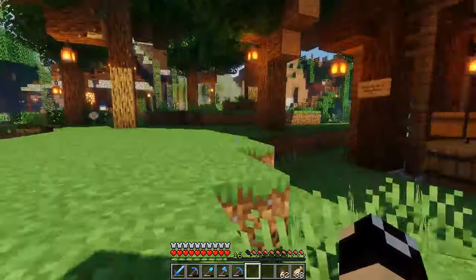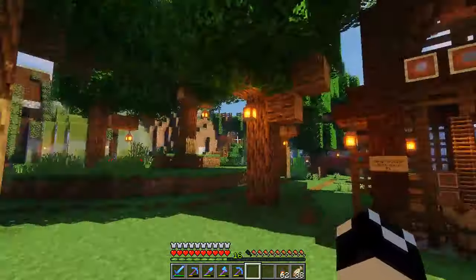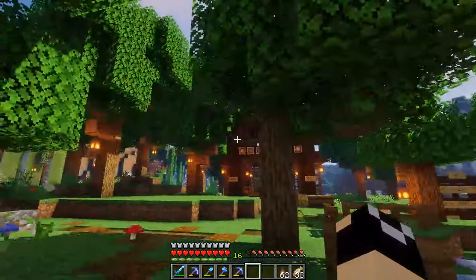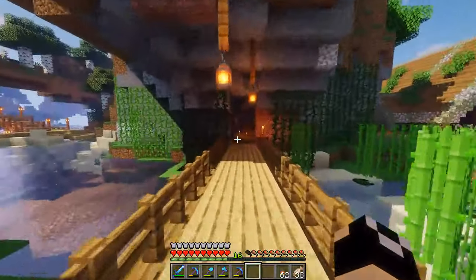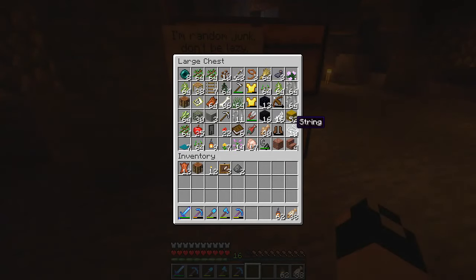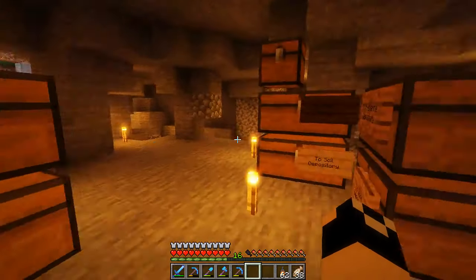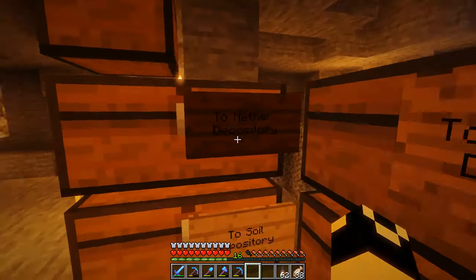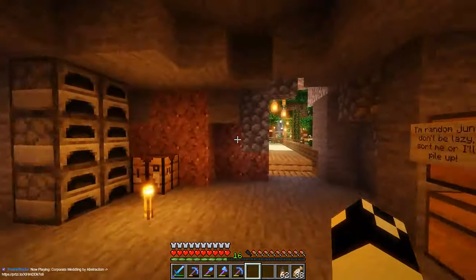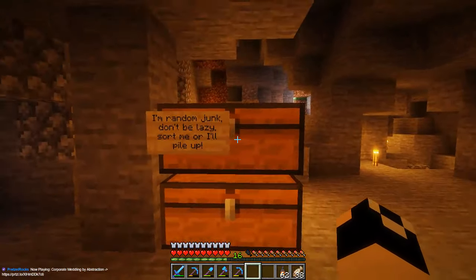And I think we're going to start with this building because I'd like to finish this out because it's not going to take very long for us to knock this out. And these are good streaming buildings to work on, because I've been doing a lot of this miscellaneous junk off camera, and I got all this sorted. So we're going to have a nether depository, a soil depository, wood, and prismarine depositories around the town. Probably multiples, but